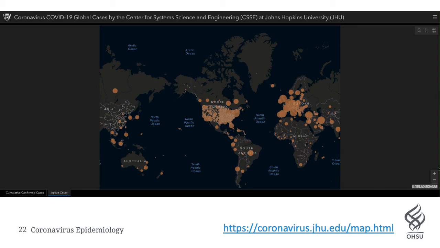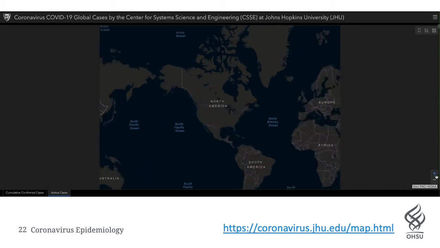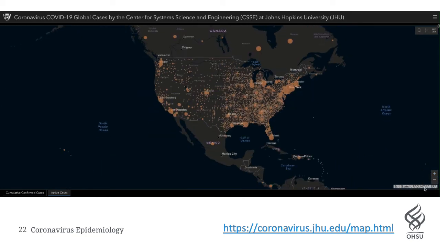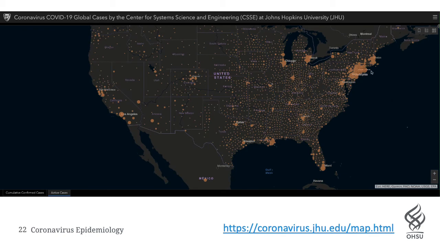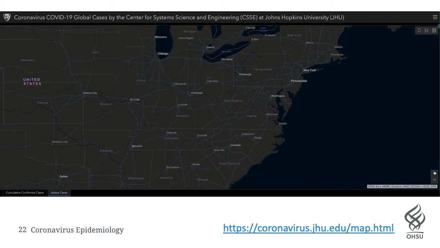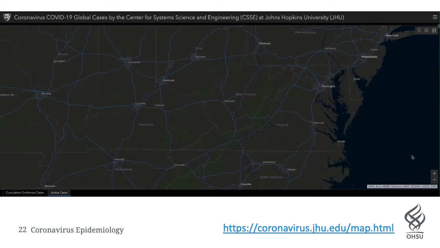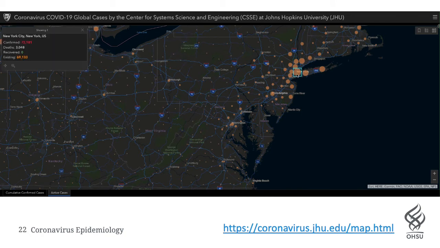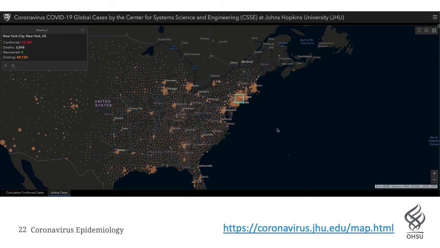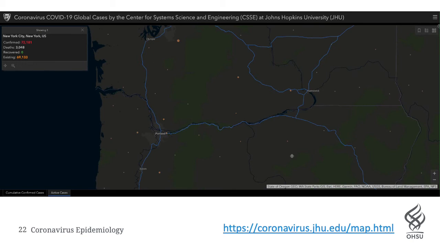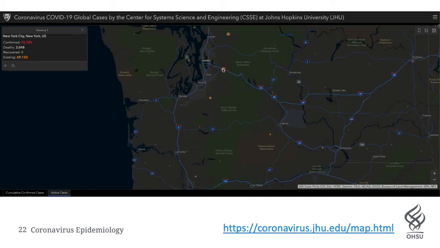If you zoom in on the United States and on North America generally, you can use this as a tool to view different cities. We hear a lot on the news about hotspots of disease infection, including New York. If we zoom in on New York here, you can actually click on New York City and see that they currently have 69,000 existing cases of coronavirus. They've had 72,000 total, and as of the time of this video, they've experienced 3,000 deaths from this terrible disease.